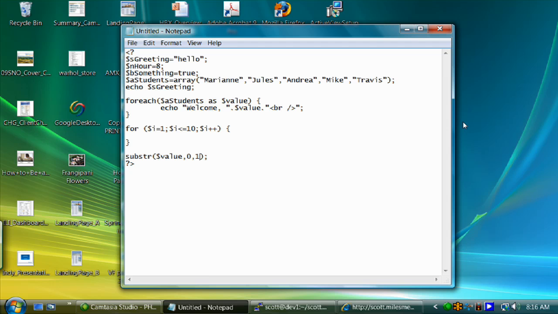So in this case, as if I'm going to put this within this foreach loop, instead of writing it as a function on the line, let's say I'm going to echo it here. So in this case, I'm not saying welcome Marianne, welcome Jules, welcome Andrea. I'm saying welcome M, welcome J, welcome A. Instead, I've just cut off the first letter, and I'm just using that. If I want to use the first three letters,